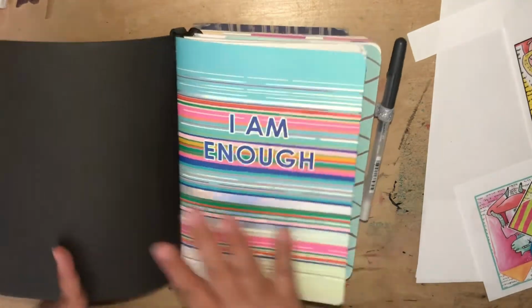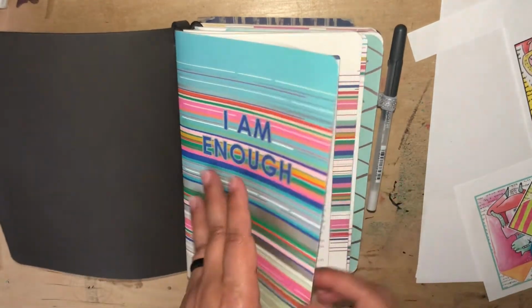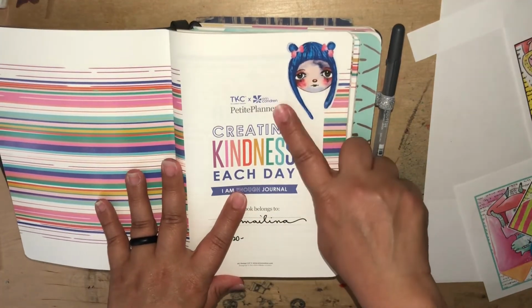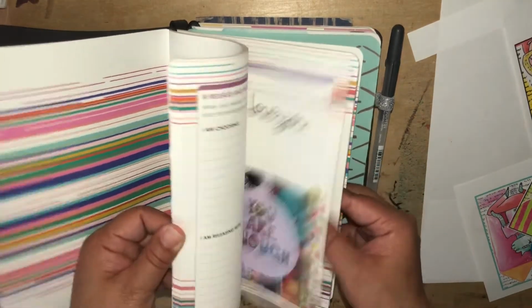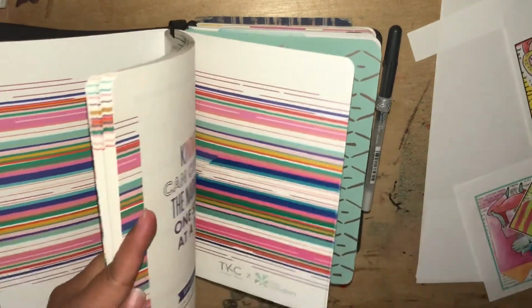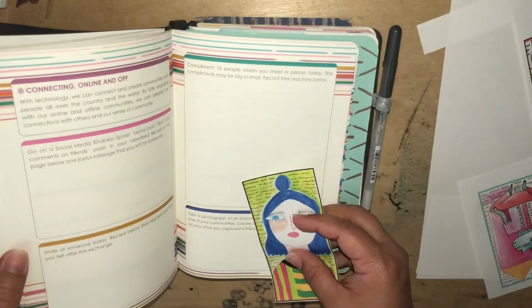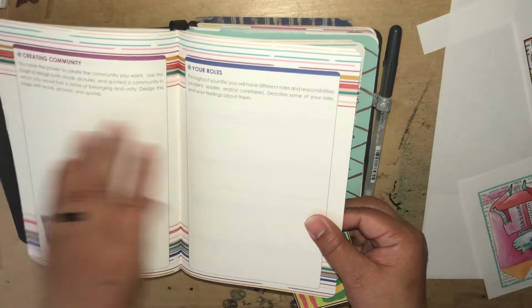So I have this I Am Enough book from Erin Condren, and I've been doing pretty well. See, this is from Courtney Diaz, and she has blue hair, so I had to stick her in there. I've been doing pretty good in this book. I have been journaling, but I wanted to stick this girl in here somewhere. Maybe in the parts like,